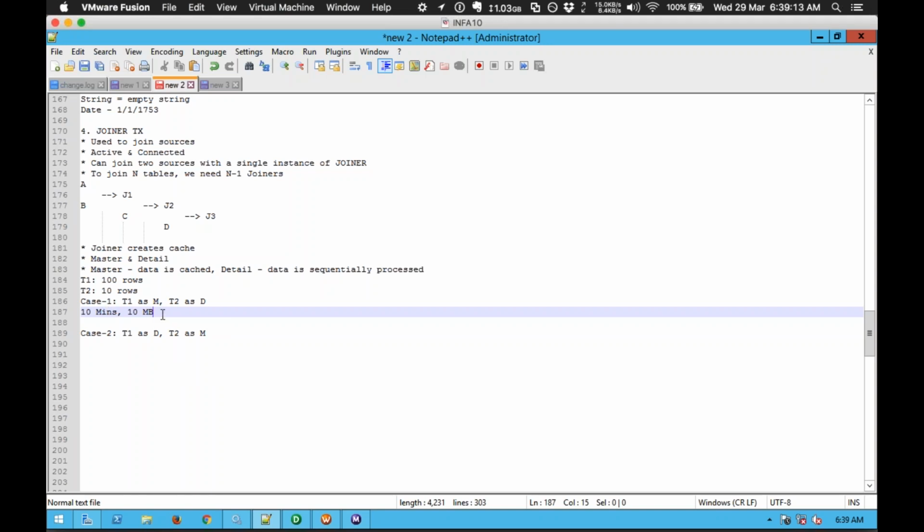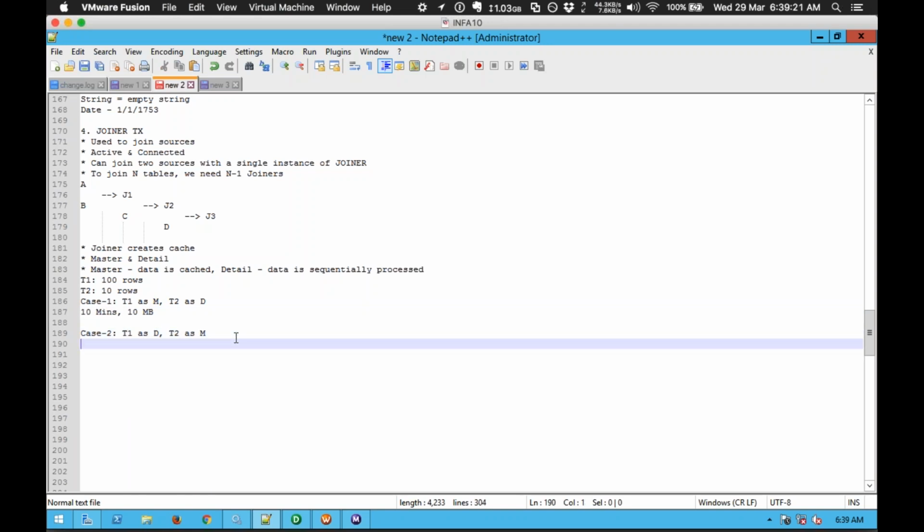Okay, so these are the metrics when we consider T1 as your master table. Now let's capture the same metrics while considering T2 as your master table. So now T2 is having only 10 rows. So in order to cache these 10 rows, I may just need 1 minute in relevance to the earlier example